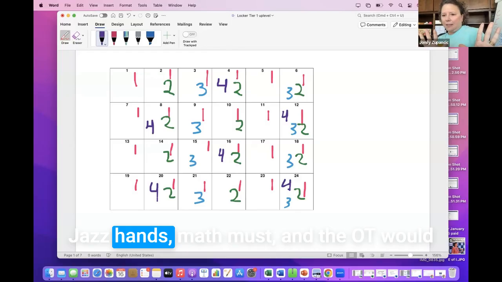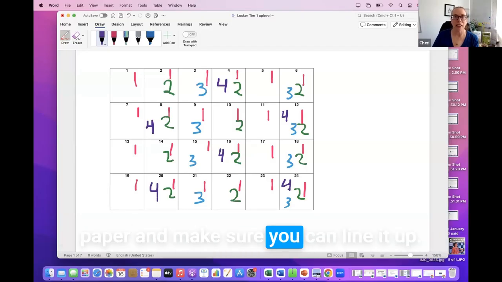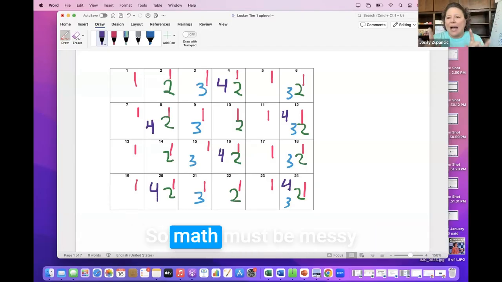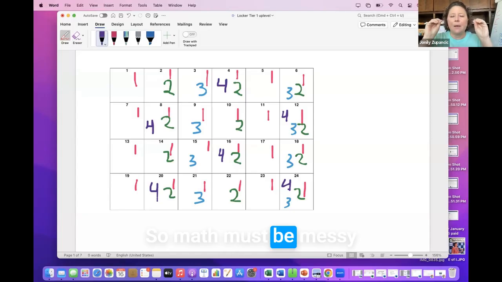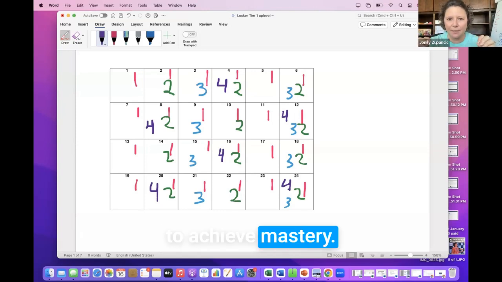Jazz hands. And the OT would pull out the grid paper and make sure you can line it up. So math must be messy to achieve mastery.